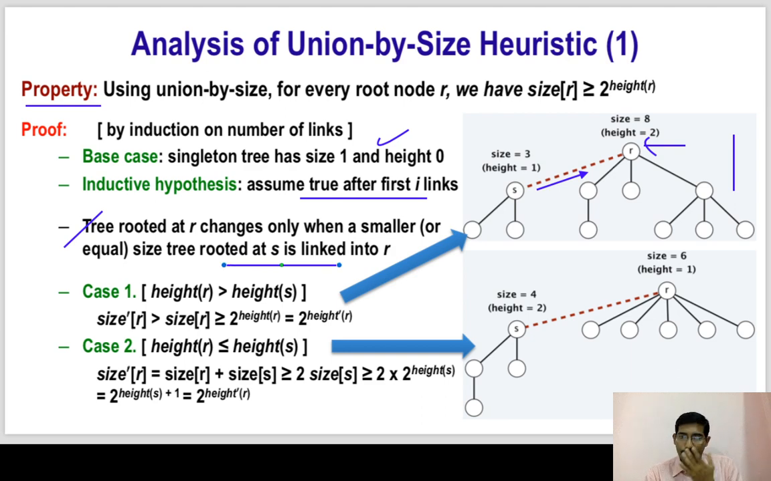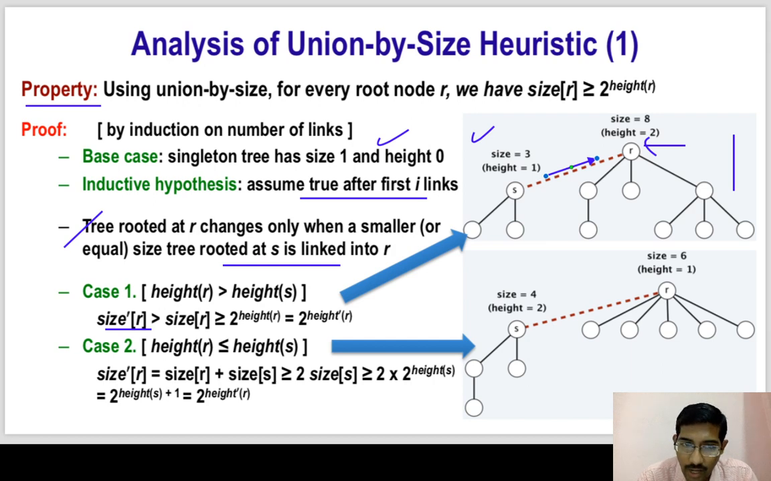So there are two cases possible while linking. One is the case where the height of the disjoint set rooted at R is more than the height of the disjoint set rooted at S. So in that case, at the end, the size of the whole set of elements rooted at R after this connection has been made